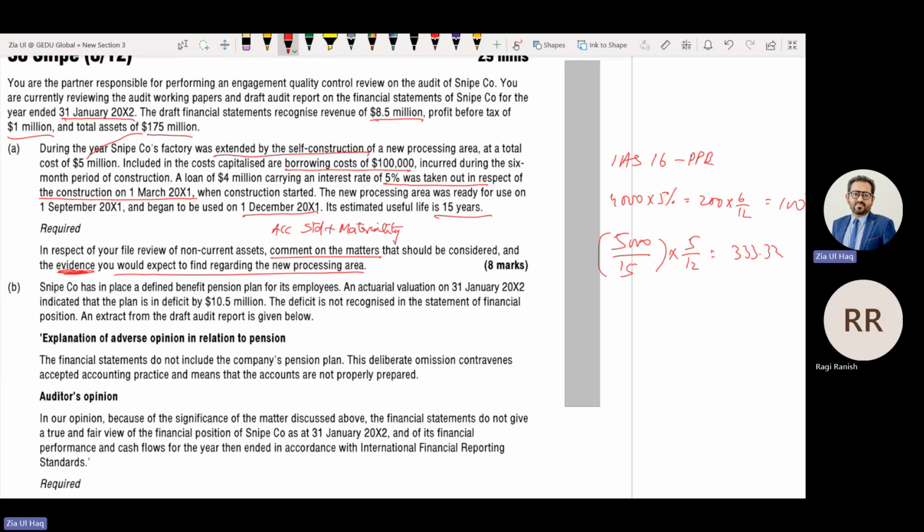And we can check the materiality of the depreciation with the profit and hence material. So for IAS 16, assets should be depreciated over their useful life. And for the current year, depreciation should have been charged by this amount. And this amount is that percent of profit and hence material. So we can discuss 4 points relating to the matter. We'll put the heading matter, accounting standard, as well as materiality.